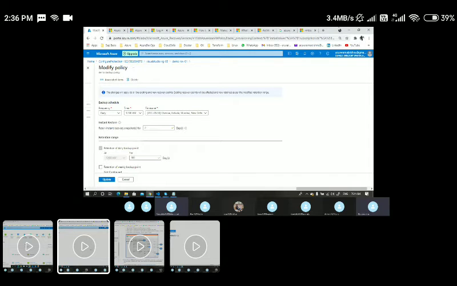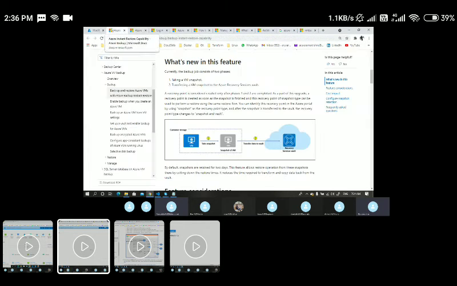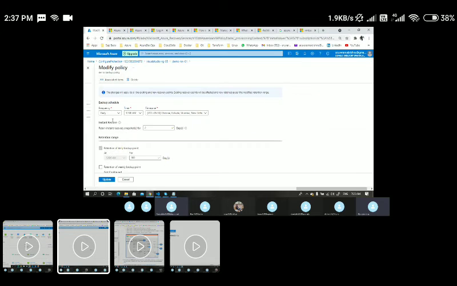By default, those backup items will be stored under the vault itself. But if something goes wrong and you want to restore it, there we will get an option to choose the latest vault snapshot. At that time we can choose this instant restore option, so that it will have the latest data.